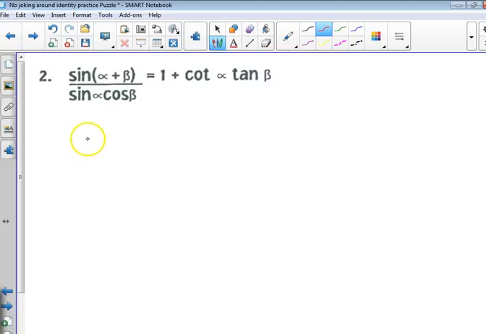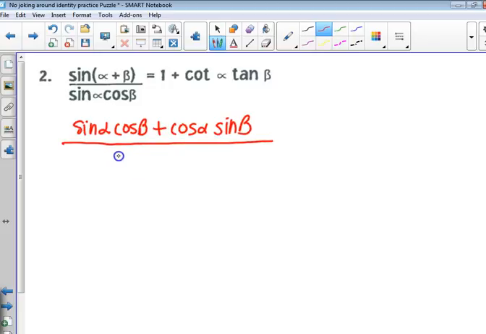Okay, the sine of alpha plus beta is sine of alpha cosine beta plus cosine of alpha sine of beta. And that's all over this denominator. Okay, now what? Okay, separate it. Some of you have done this. If you rewrite it, you can't cancel right now, right? Because you'll kill kitties. But if you rewrite it as 2 separate pieces on the top,